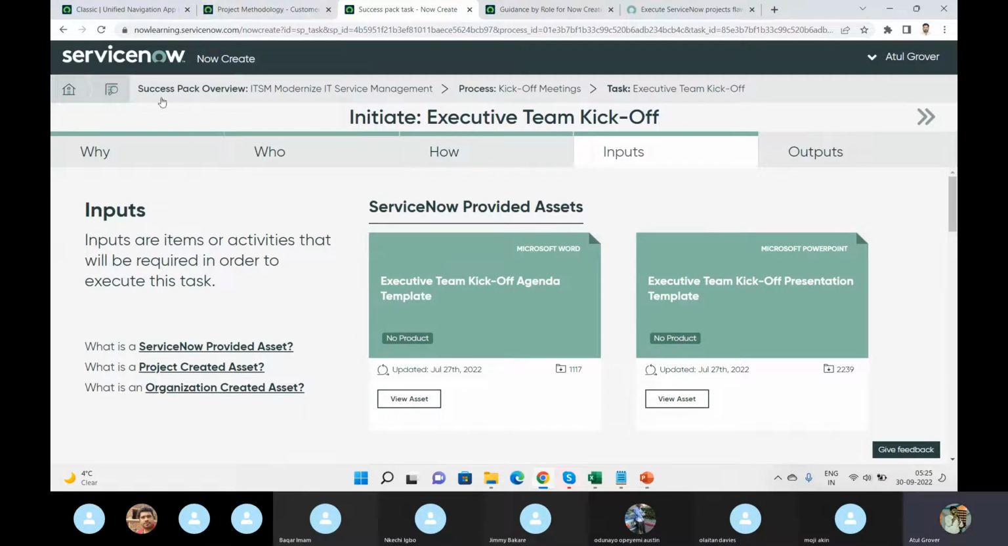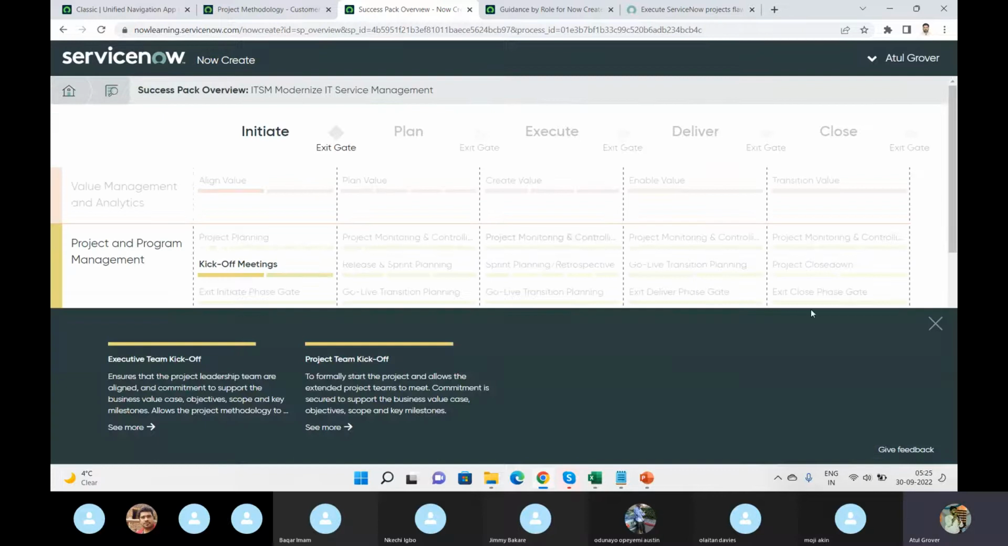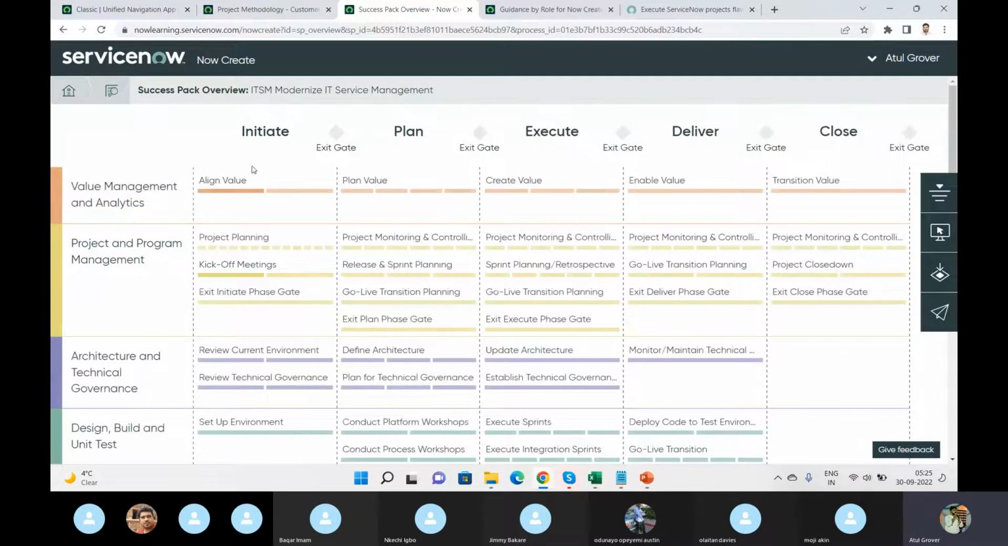Then come here again. This exit gate means if everything has been done in this step, then you can say, yes, I am able to go to initiate the plan as well. Right? So in short, in the success pack, you are getting the things from the documentation perspective: what is required, how to do it, who will do it, when it will be done, what template I have to use. So when will I say that my project has been delivered,